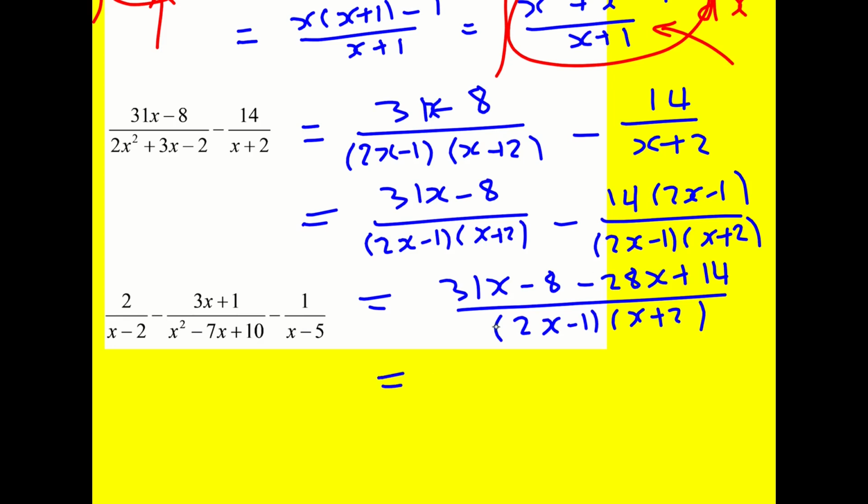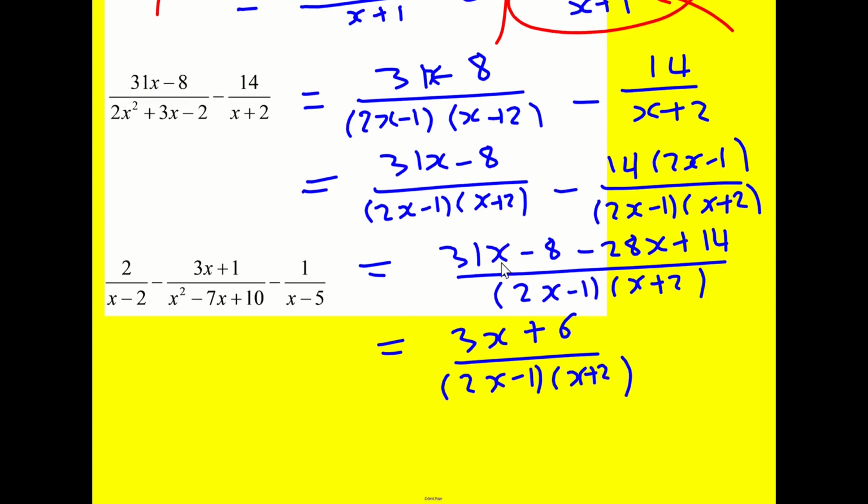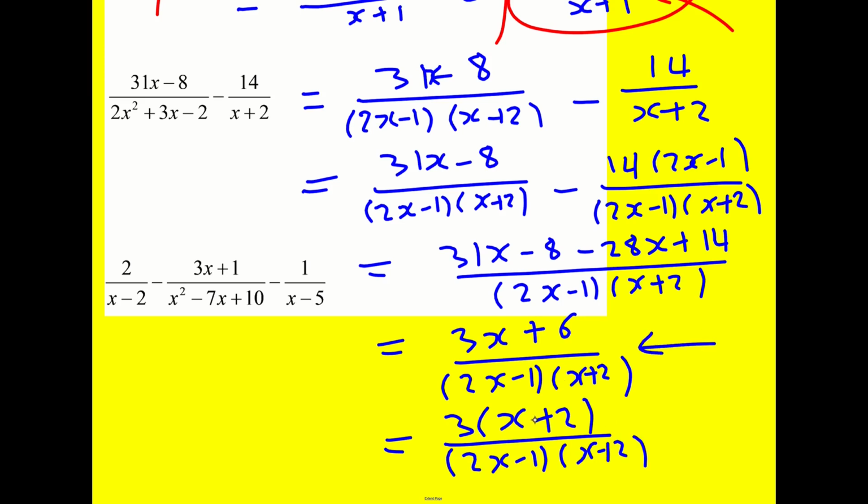Right, a bit more to do. This is going to become 3x plus 6 all over (2x minus 1)(x plus 2). Are we finished? Well, we should probably factorize the top and see if there are any common factors in there. So we could take out a 3, and wow, we're left with an x plus 2. So actually, this is not the final answer. I can now cancel out the x plus 2's, and my final answer is simply 3 over,